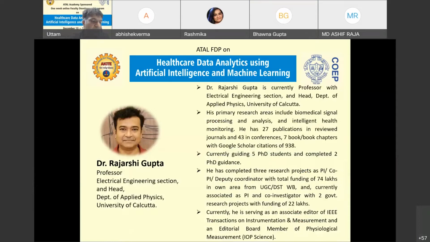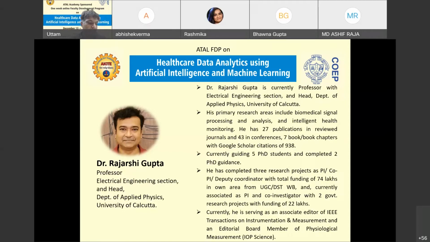It gives me great pleasure to introduce Dr. Rajarshi Gupta. Dr. Rajarshi Gupta is currently professor with the Electrical Engineering section and head, Department of Applied Physics, University of Calcutta. His primary research areas include biomedical signal processing and analysis and intelligent health monitoring. He has 27 publications in reviewed journals and 43 in conferences, 7 book chapters, with a Google Scholar citation of 938. Currently guiding 5 PhD students and completed